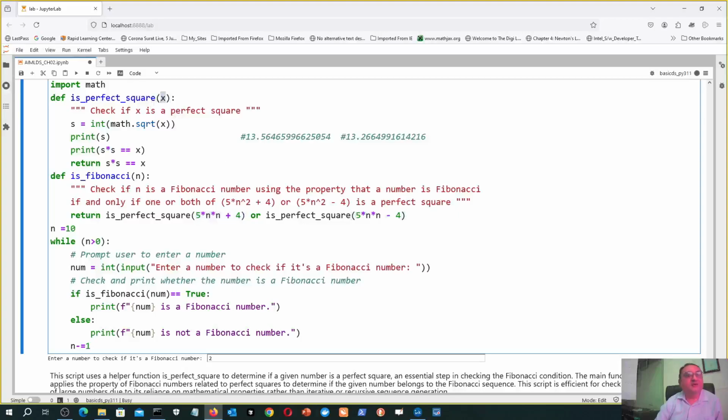So here 24 will go, then you are finding its square root, and you are casting that square root down to integer, and then you are printing that value. Now this checks if, when you square that square root, it becomes equal to the original value or not. Now try to think, if the original number is say 24, then when you find its square root,